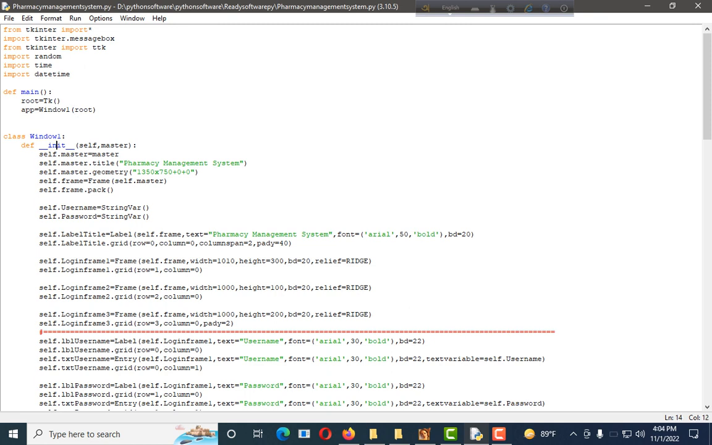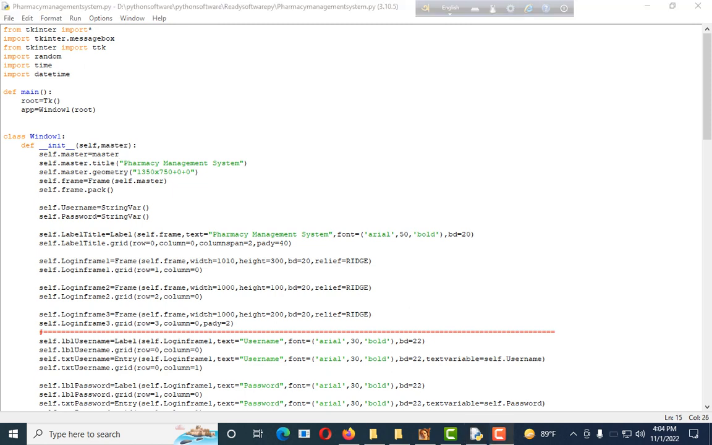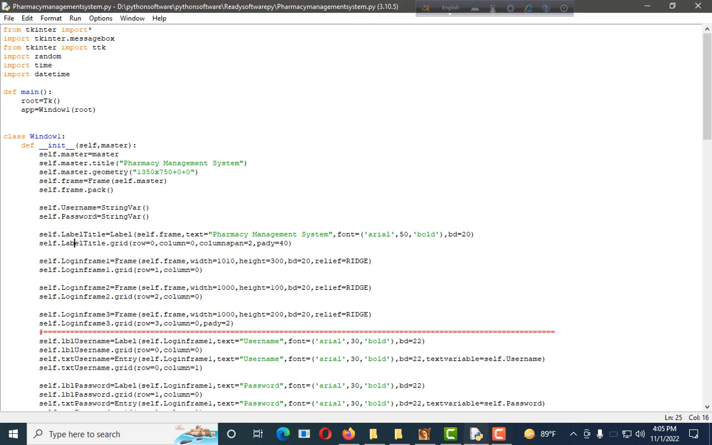function def initial function self, master argument, self parameter, master parameter, self.master equal to master. self.master.title, the title Pharmacy Management System, self.master.geometry, self.frame, self.master frame, self.frame.pack, self.username equal to StringVar and self.password StringVar, label title frame self.frame, label title